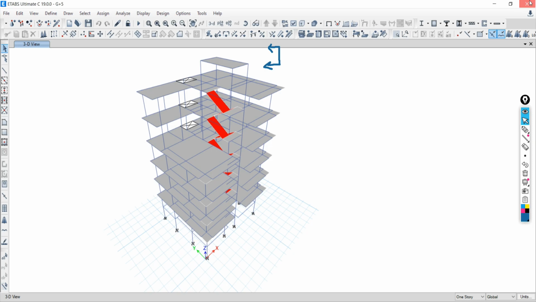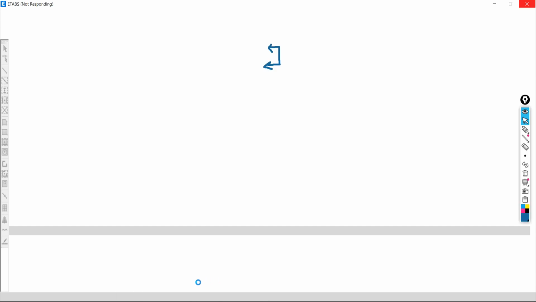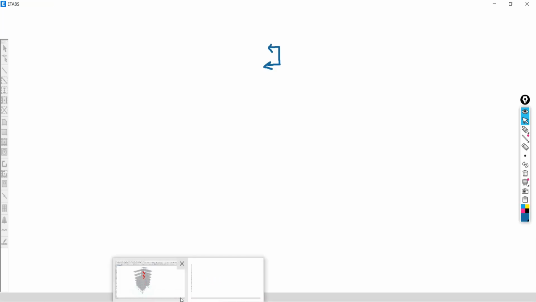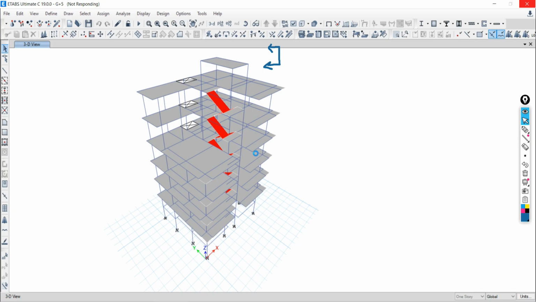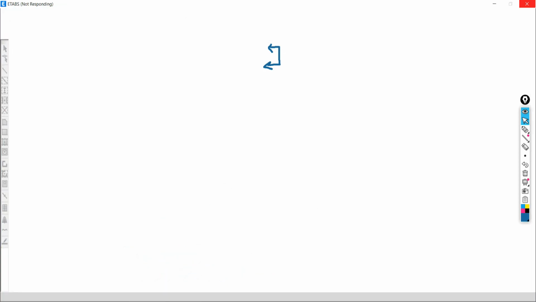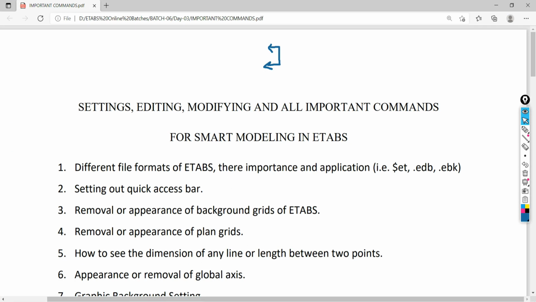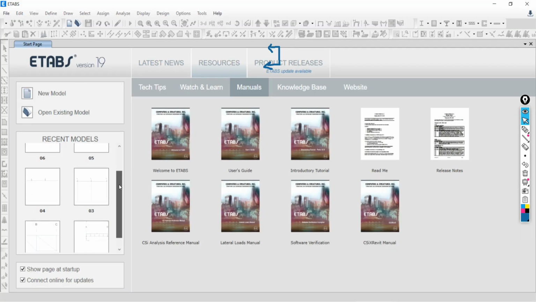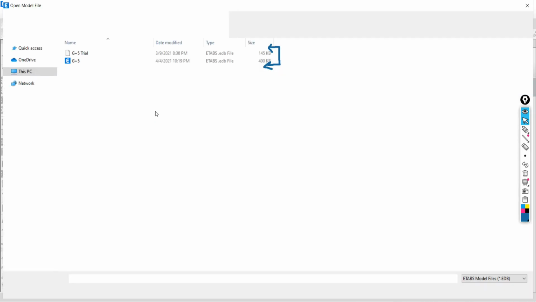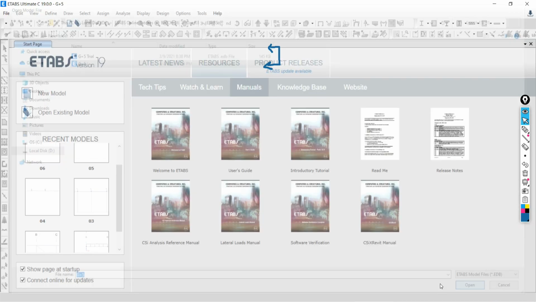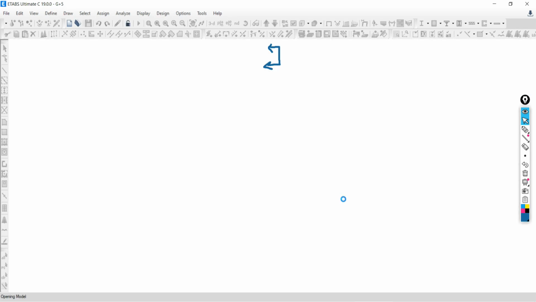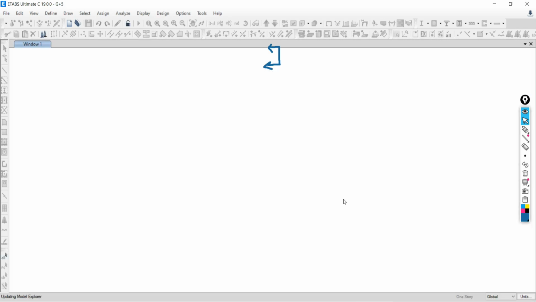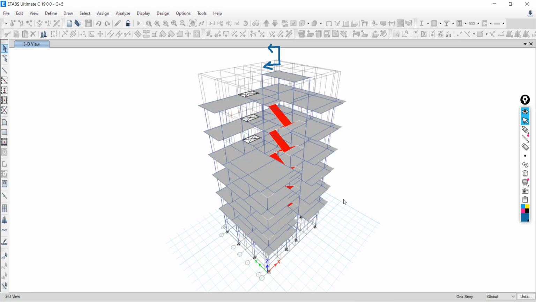So in which version is this model? It is in 2019 version.